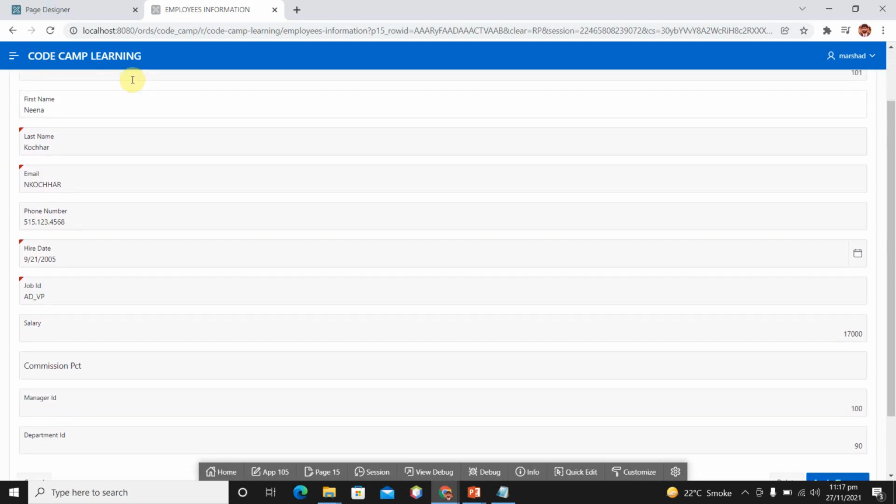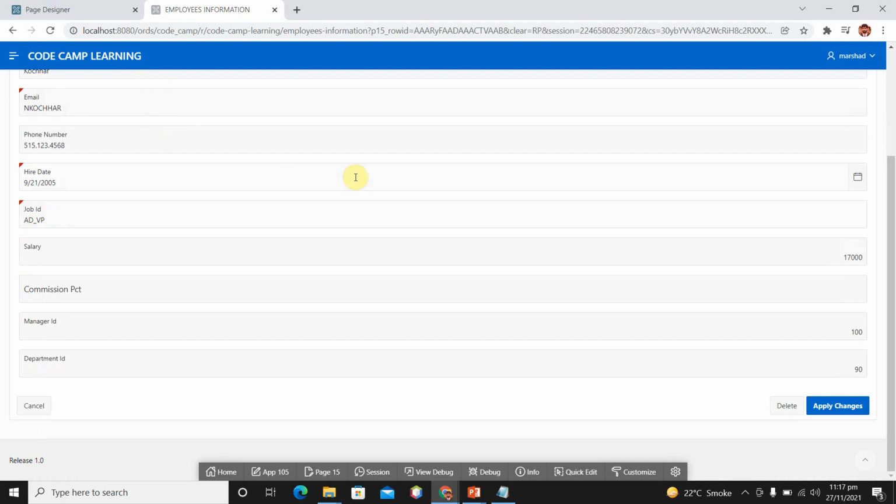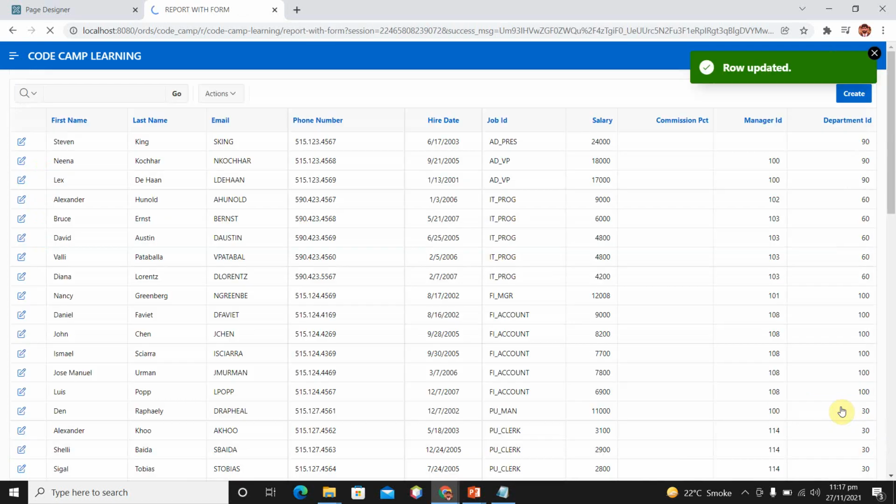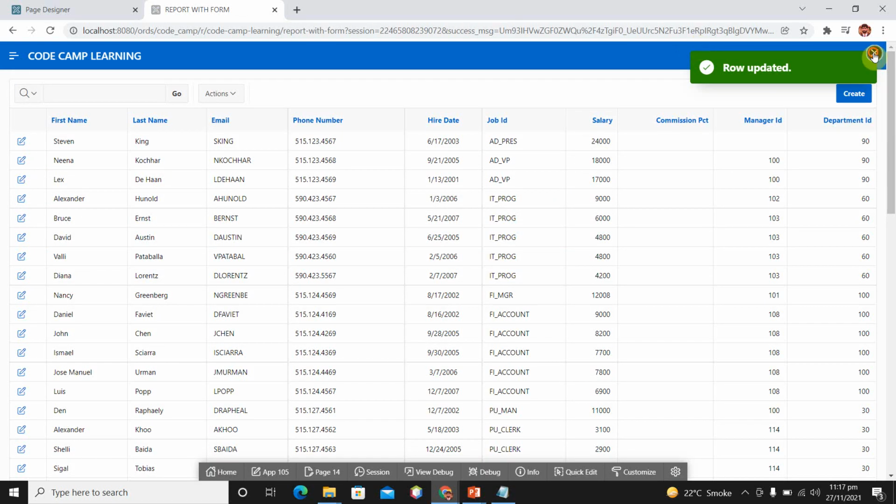Let's suppose I want to change the salary of the employee to 18,000, and when I click on apply changes, it will update the employee information which we have changed and redirect to the report page. So apply changes, and it is moved back to your report.